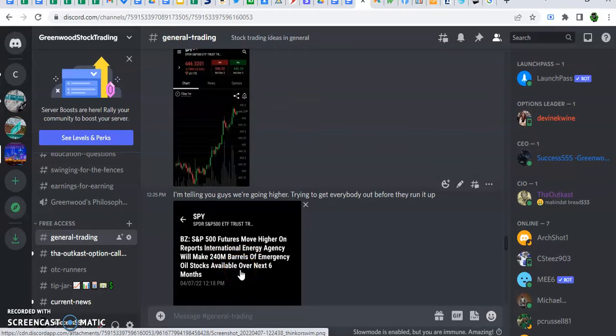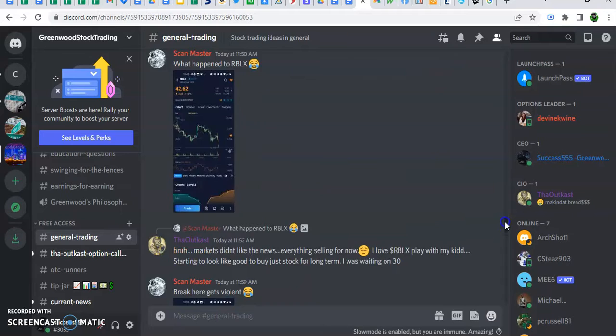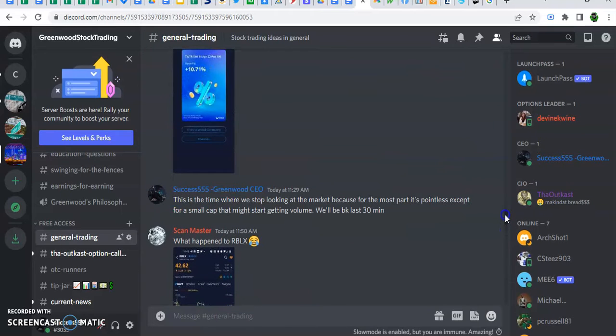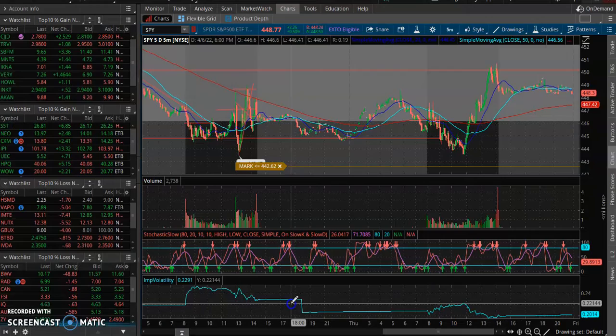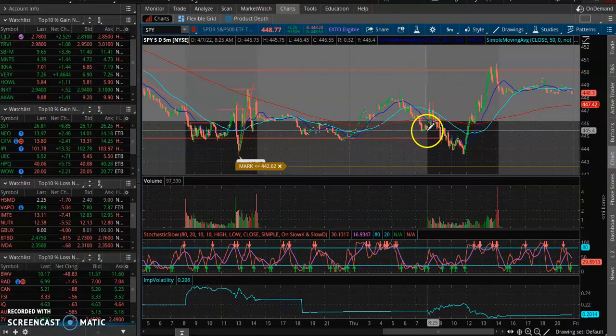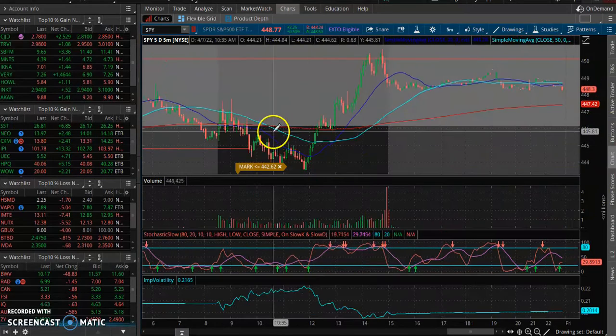All right. So again, I kept saying that I was bullish on this, even on my Twitter. I said we'll see. This is 11:14 a.m. I said we'll see 450s on SPY by tomorrow, end of the day. Well, this. Let's look at where we were at 11:50. At 11:50 today,